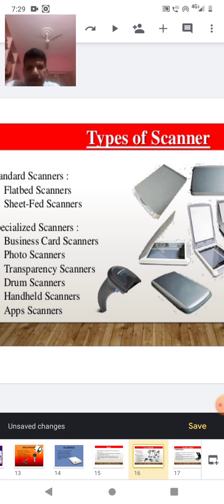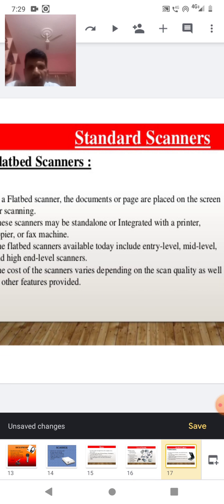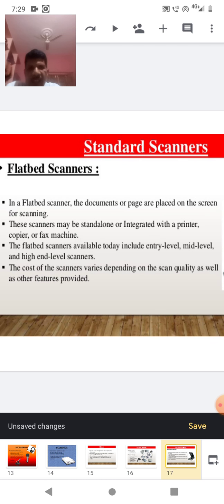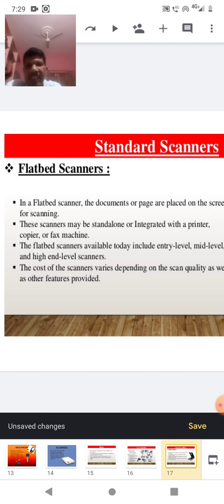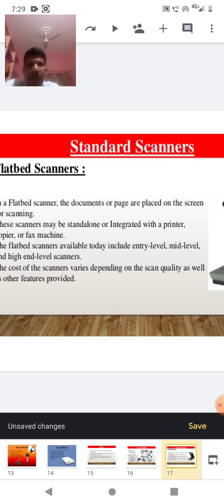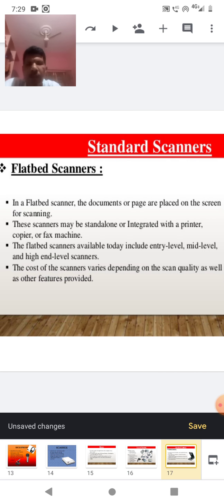You'll see the standard scanners are flatbed scanners. In a flatbed scanner, the document or page is placed on the glass screen for scanning.